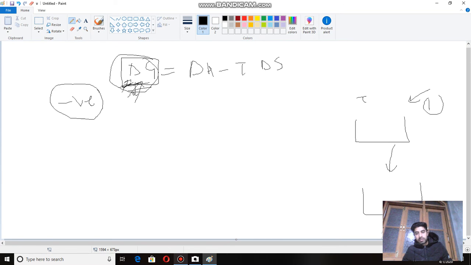For example, here temperature was T1, pressure was P1, and now temperature is T2, pressure is P2. During this process, here its Gibbs free energy was G1, here it was G2. This G1 should be greater than this G2, because delta G is G2